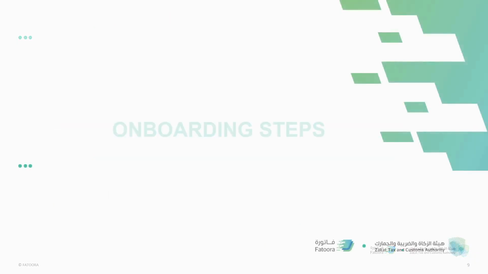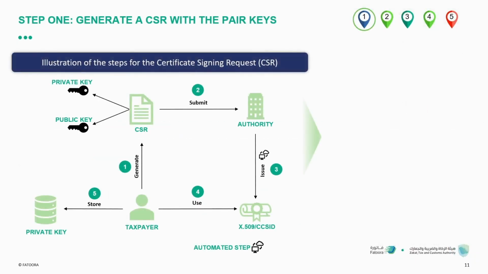Let's navigate to the first step in the onboarding process, which is generating a CSR with a key pair. The taxpayer is required to generate the CSR, which is essentially a request for the certificate. This request is submitted to ZATCA through the Fatoora platform. ZATCA acts as the certificate authority to issue the compliance CSID, which is the first certificate needed to send invoices. In this step,